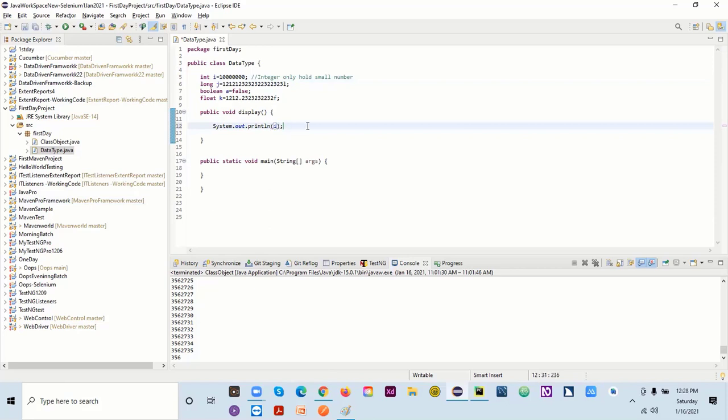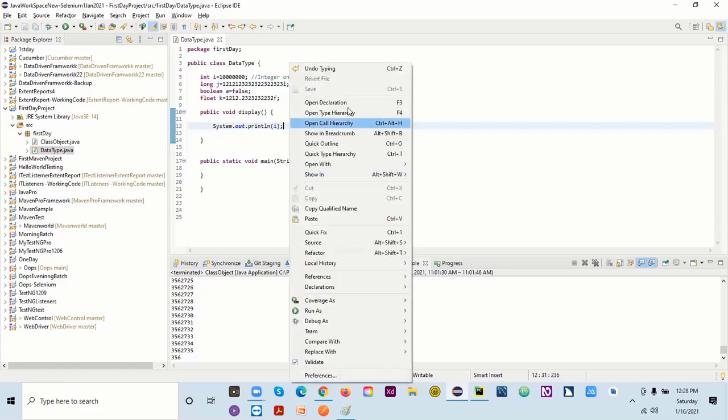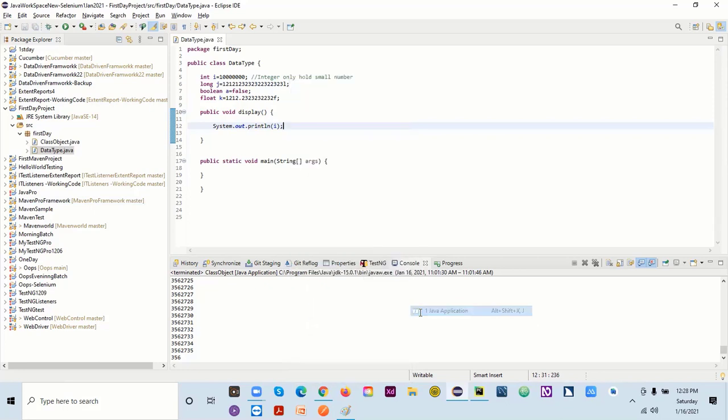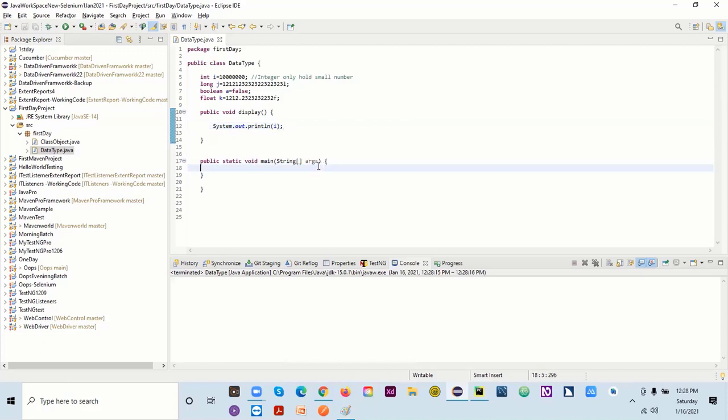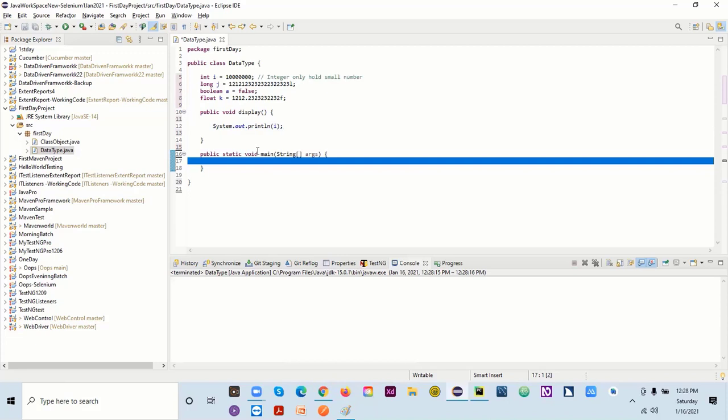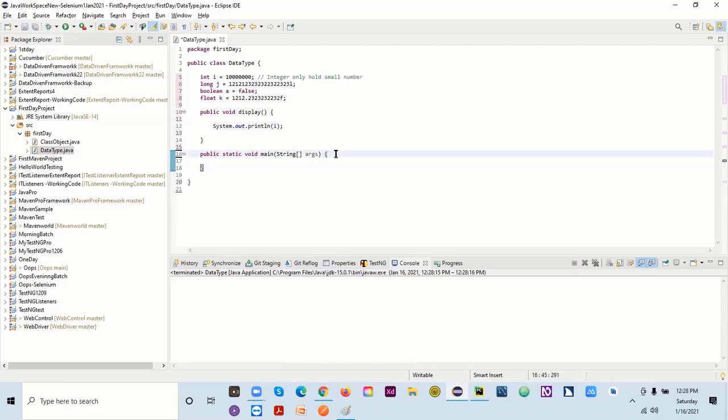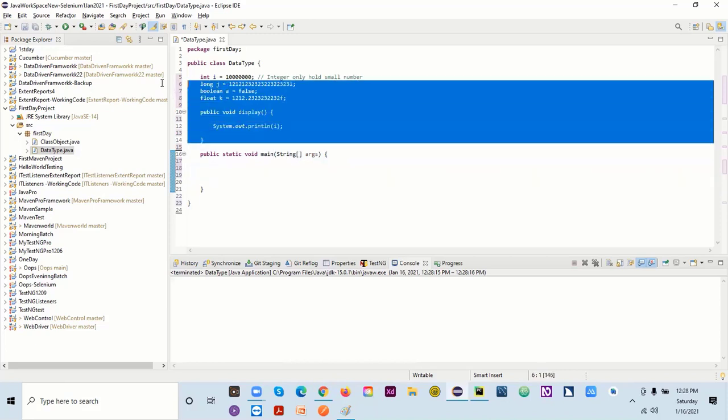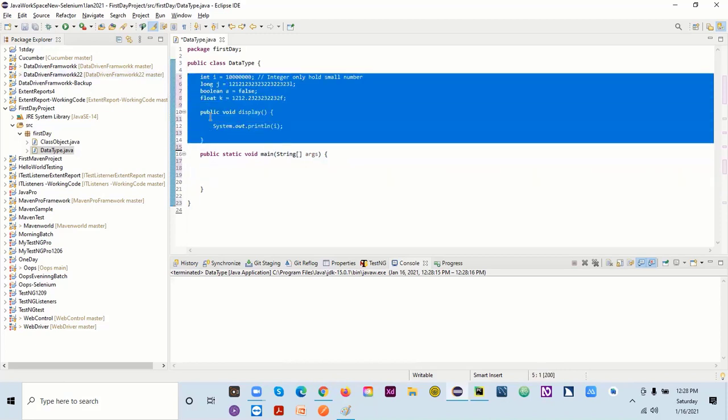Now suppose I want to run it. Let me run it and I'll tell you what we'll see. If I run this, you will not see anything, because I didn't write anything in this main. Until and unless you write something in main, it will not be printed, even if you have written many things above the main method.